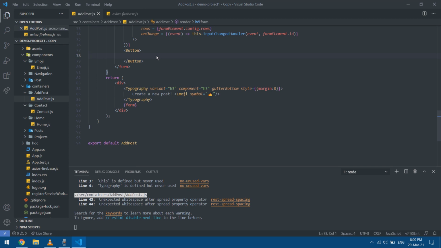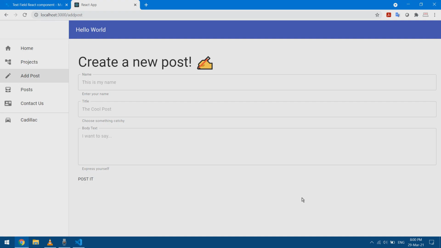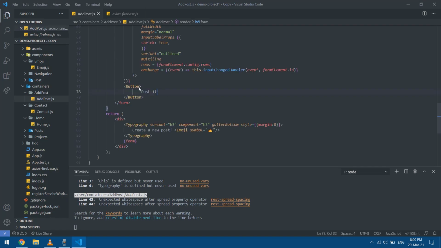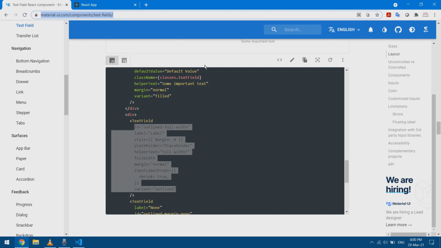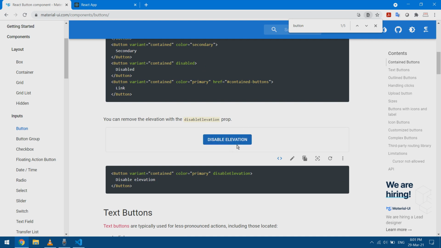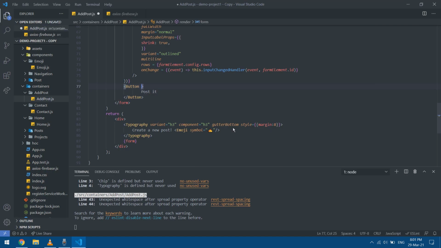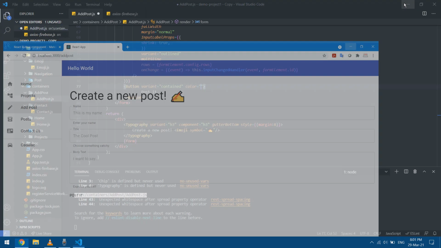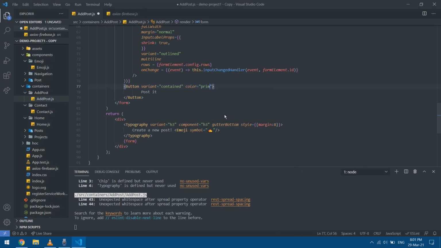Let's type inside it post it, and I can see the button here. It needs some styling, so I'll take a look at the Material UI buttons. We have these, contained, and I'll disable the elevation for my button. So let's choose variant equals contained. I'll choose the primary color, and here it's a bit different from the default since I'm using this theme. It will change with my theme, so color primary,